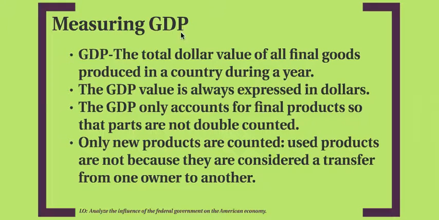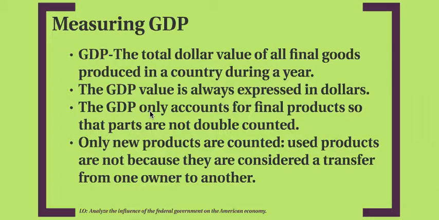Measuring gross domestic product. GDP is the total dollar value of all final goods produced in a country during a year. The GDP value is always expressed in dollars, and the GDP only accounts for final products so that parts are not double counted. For example, take a part for a car, let's say hypothetically a wheel. If the wheel is sold directly to a consumer as an end product, where it's a final product,